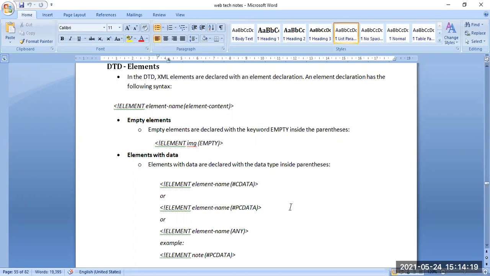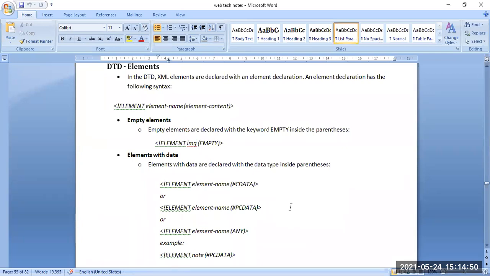If it is an empty element, empty elements are declared with the keyword EMPTY inside the parentheses. For example, element img, that is for image, is declared as empty. As it is empty, we have mentioned that it is empty.